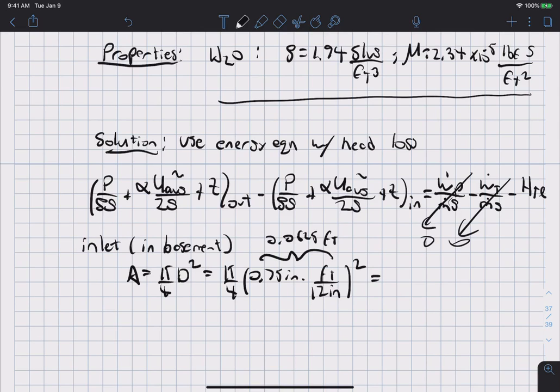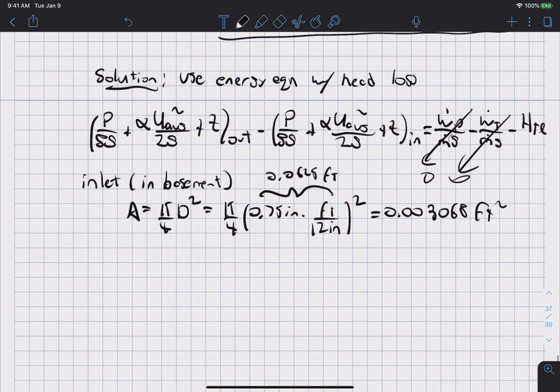And the cross-sectional area of the circular pipe is 0.003068 square feet. Okay, then we know the cross-sectional area, and we know the average velocity, so U average, and again these are at the inlet state, that equals Q over A, and if you convert the gallons per minute to cubic feet per second, you find that Q is equal to 0.0267 cubic feet per second